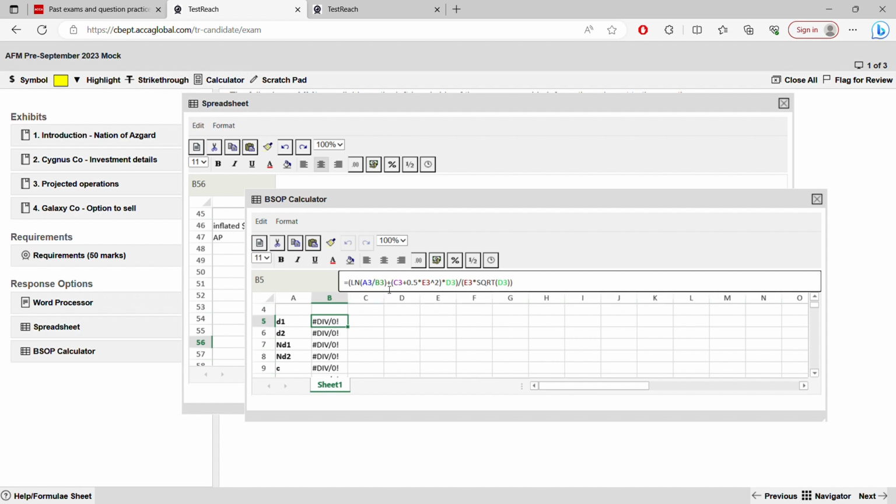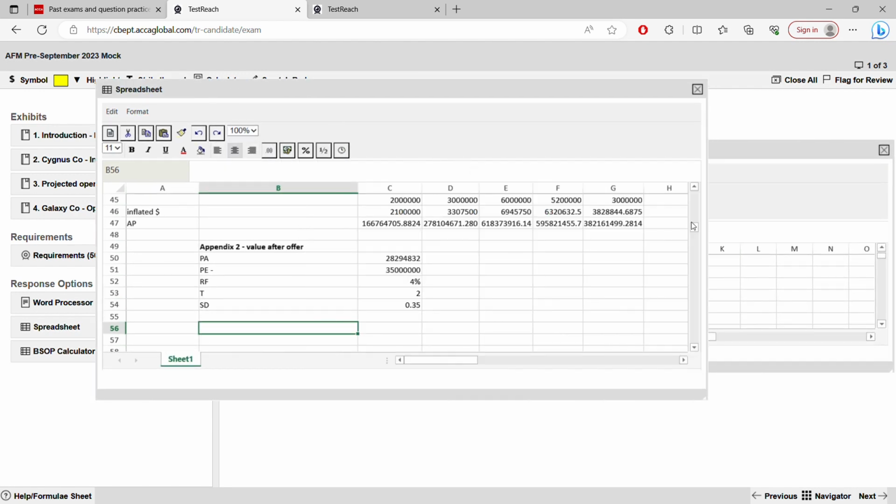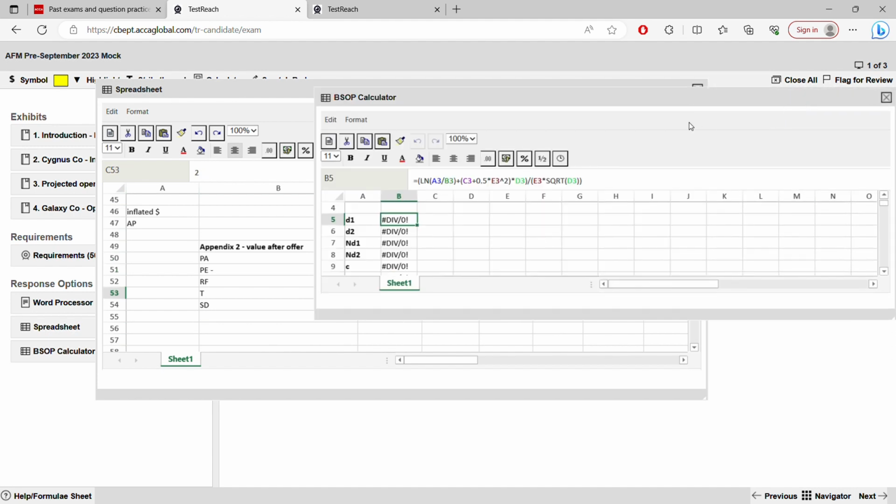So here, you just need to put the function. You see, I have put everything, so that by using this, I could do it. Now, it is the logarithm of PA over PE for D1. Okay, so this one would be, okay, this is,